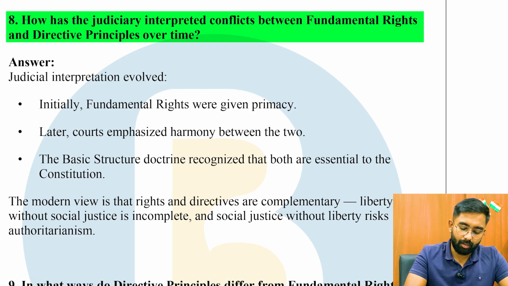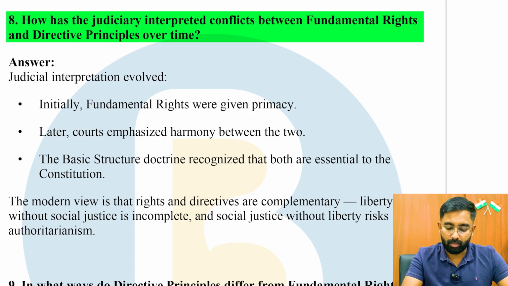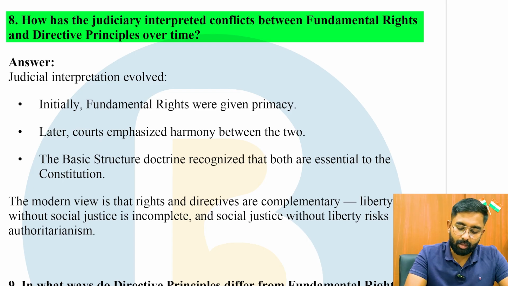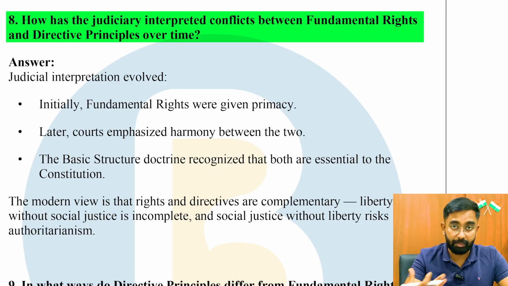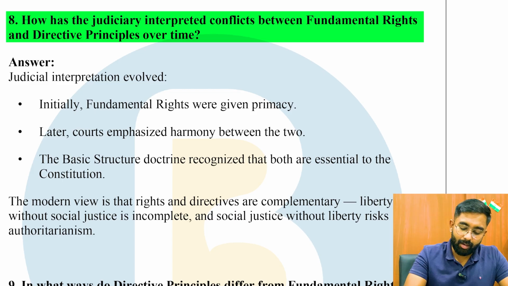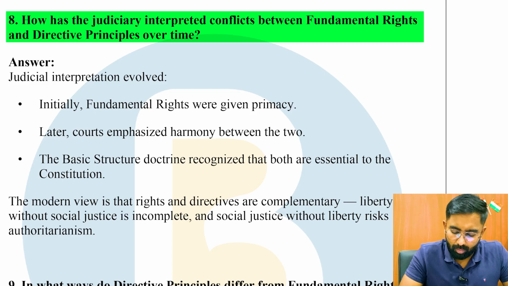And later in the famous Golaknath case, the verdict came that fundamental rights cannot be amended to implement DPSPs. Following that, Parliament enacted two important Constitutional Amendment Acts, the 24th and 25th. The 24th Constitutional Amendment Act clearly stated that Parliament can now amend any fundamental right, let's say, to implement a DPSP. And then the 25th Amendment Act added another article, Article 31B, if I'm not wrong, Article 31B or 31C, yeah.